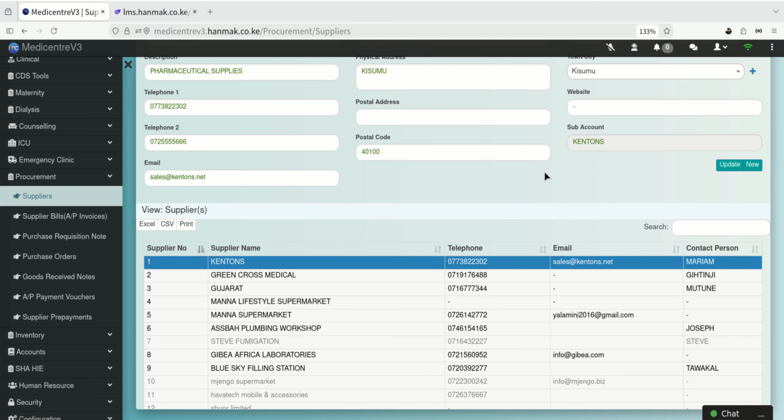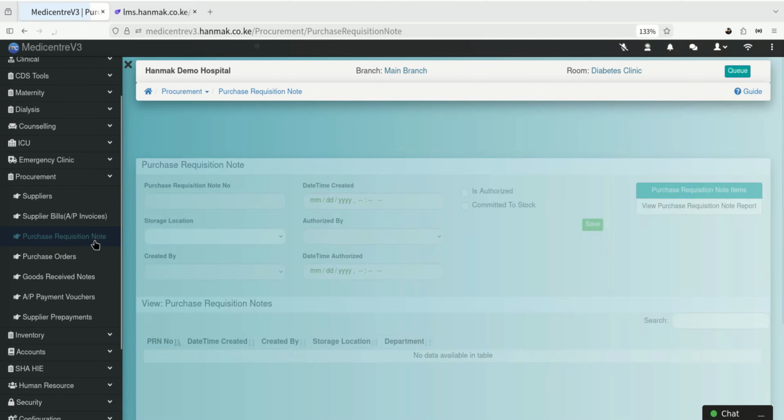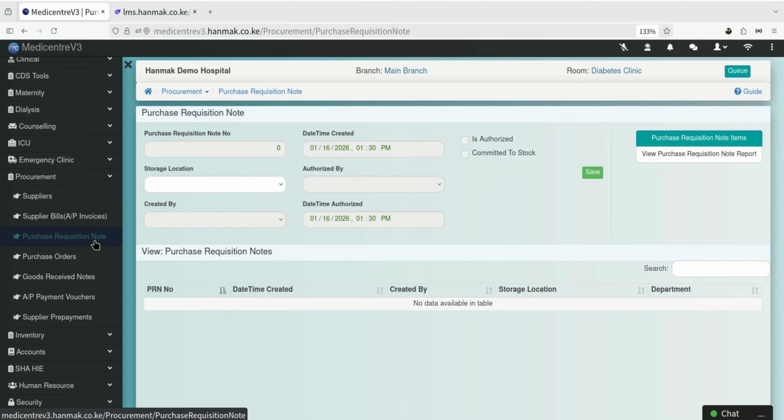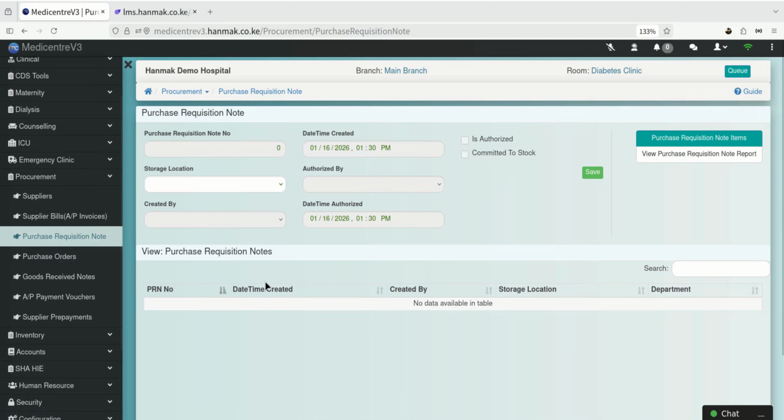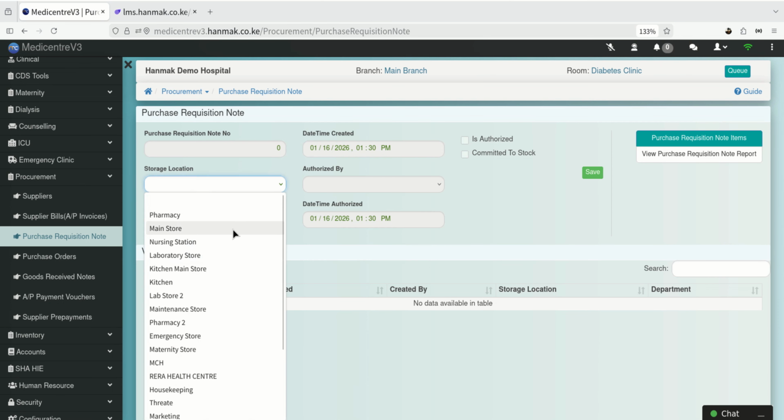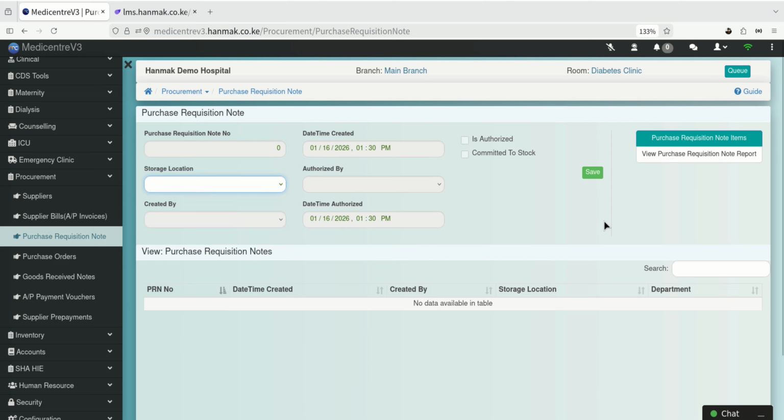And then we have the purchase requisition notes. This is an internal request that's raised by a department when they need to purchase something. It may be the pharmacy department, the clinical department, or any other department. They'll have to select a storage location from here, which is the requesting location, and then afterwards they're going to save